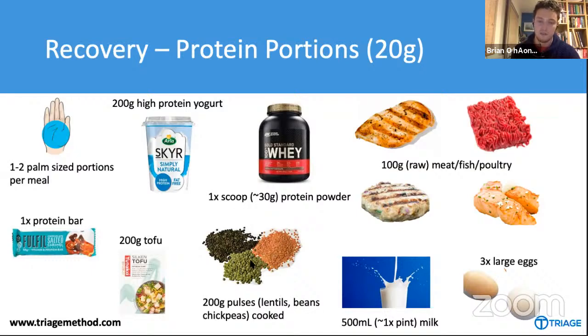Something like lentils and beans, they're going to add a lot of carbohydrates as well. So it's very hard as a vegan, say, to get protein just on its own, whereas like chicken is basically just protein, but things like tofu and beans, they come with other sources of either carbohydrates or fat or both. A typical protein bar is probably about 20 grams of protein. Any of the better ones tend to be about that much. 3 large eggs and about 500 to 600 mils of milk is going to be about 20 grams of protein.